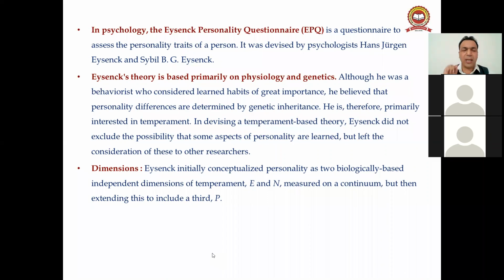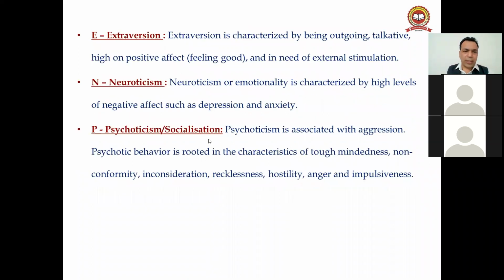Okay, so this is the meaning of a dimension. When you read the 57 questions, you will come to know that all 57 questions come out of two dimensions. One is the introvert or extrovert dimension, you can say extraversion, and the second is neuroticism. But he has also worked on a third, which is called psychoticism. So: extraversion, neuroticism, and psychoticism.